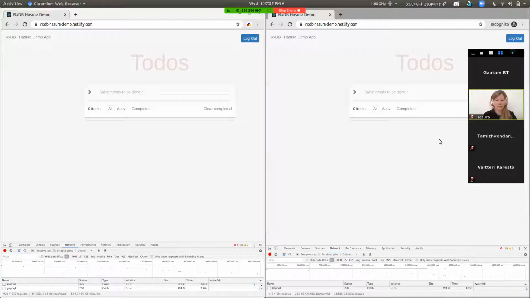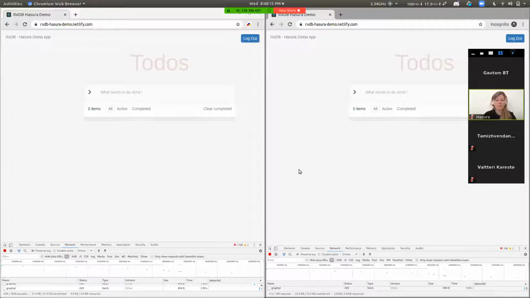So I'm going to speak a little bit about offline first apps. A couple of things: what is possible with Hasura today, what are the things pending, and the general direction we are looking at, right? For those of you who have not worked with offline first before, offline first is a paradigm where you can use an app without internet connectivity.